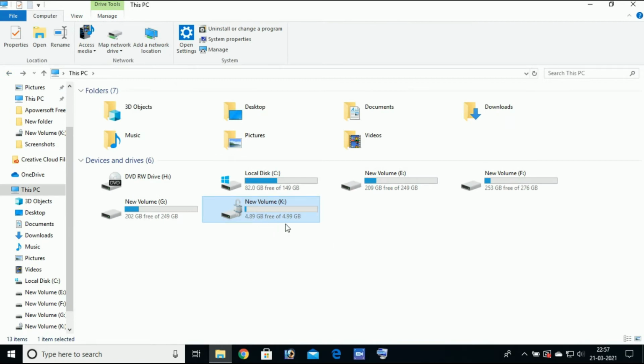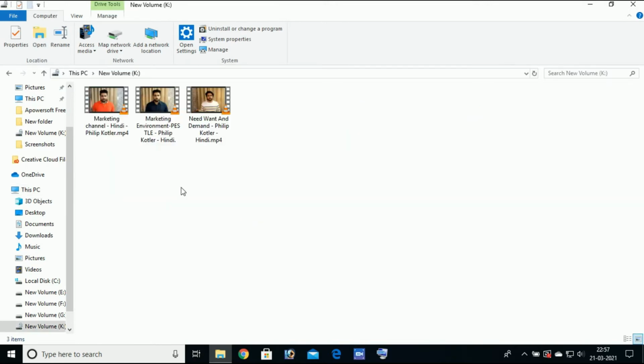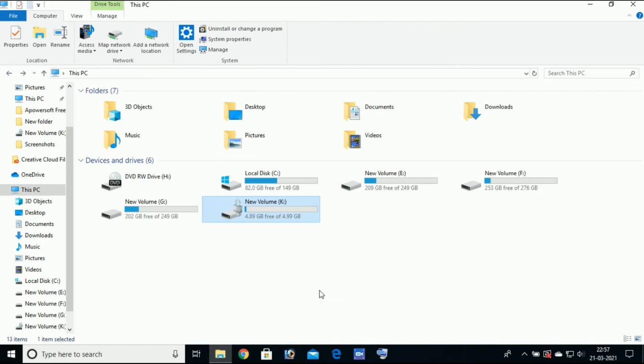Our K drive data will be encrypted, and here only the unlock of BitLocker appears, because when we restart or shut down our PC and then open our system again, it will automatically show the lock on our K drive, right? You can check by using this method and restarting your PC. You will see the lock over the K drive. When you click here, a pop-up will show asking you to enter your password. So you enter your password and you can unlock your K drive, right?